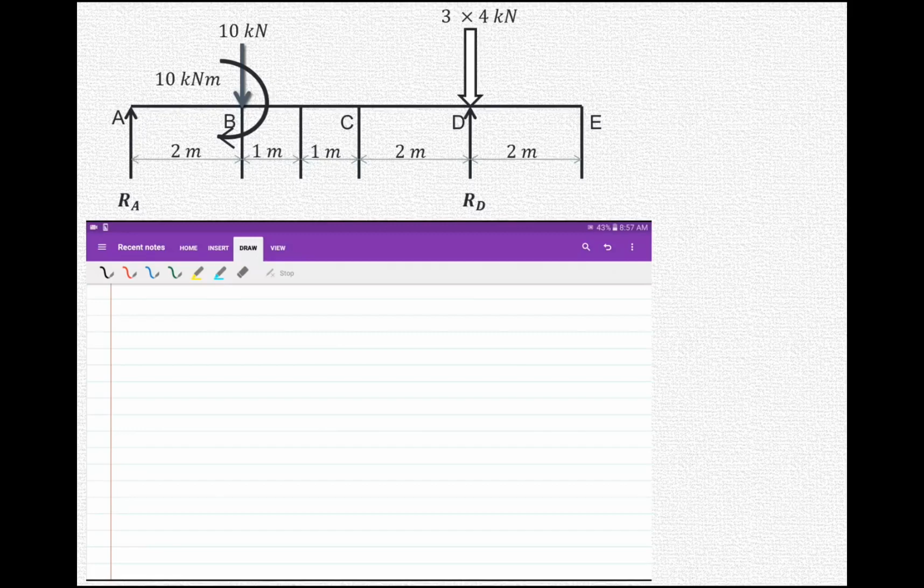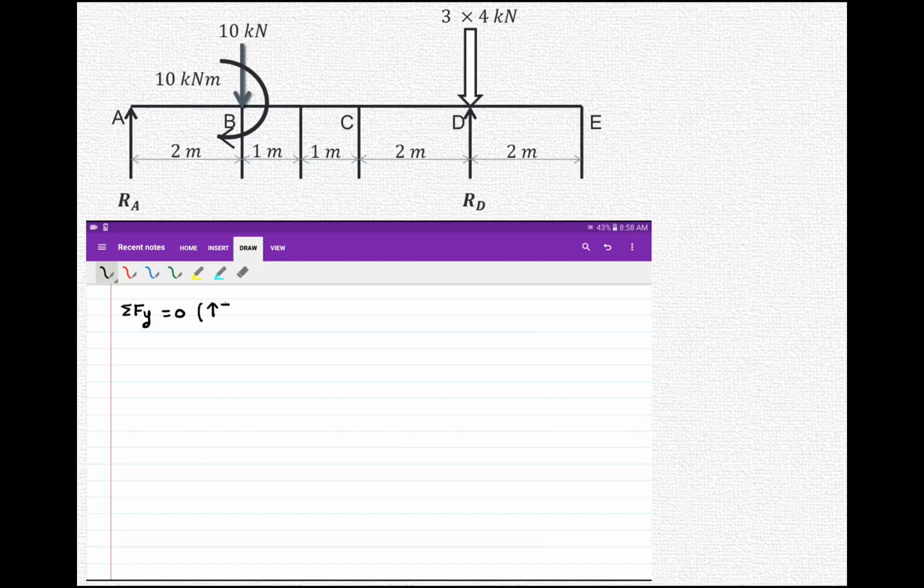Now for the calculations of the beam reactions, we'll consider the upward forces positive, downward forces negative, similarly clockwise moment positive and anti-clockwise moment negative. So as you can see over here, we have to apply the conditions of equilibrium. The first condition of equilibrium that we will apply is summation of forces in y direction is equal to 0. So let us use our first condition, summation of Fy is equal to 0.